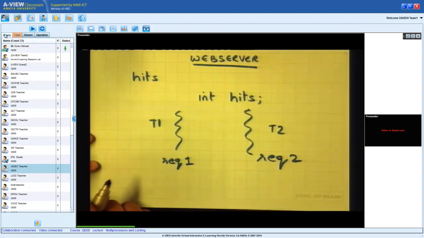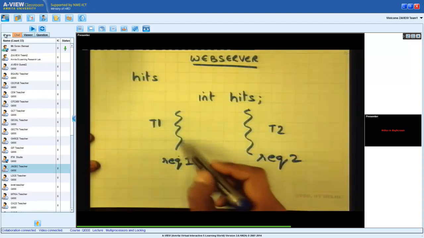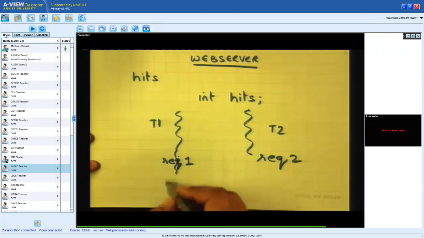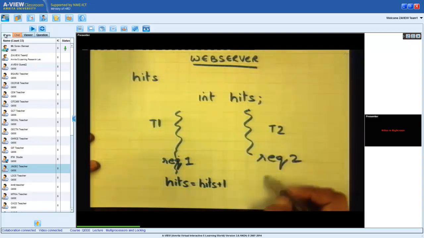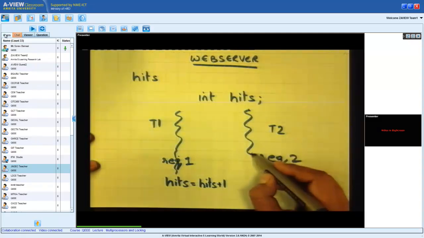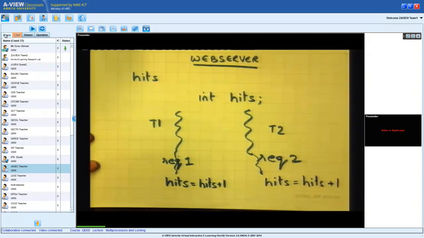Okay. So now at the end of the request, thread 1 wants to say, okay, it says hits is equal to hits plus 1. Okay. Similarly, at the end of request 2, thread 2 wants to say hits is equal to hits plus 1. Okay.